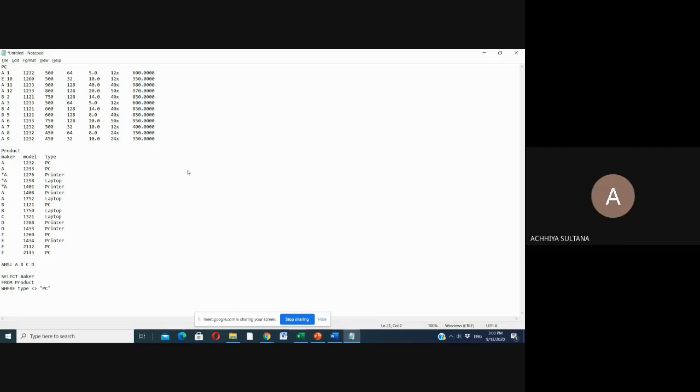This will be shown, this will be shown, right? Yes. PC won't be shown. Laptop would be shown, printer would be shown, PC won't be there. So all the asterisk marks would be there, right? Yes, sir. So we come up with A, B, C, D, E, right? জি স্যার।